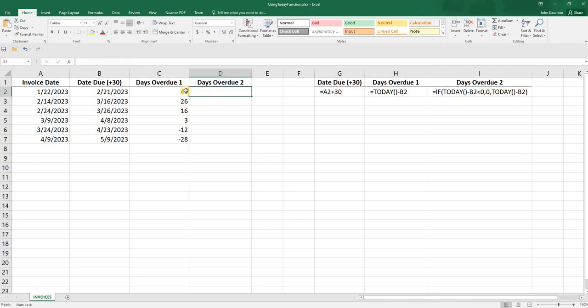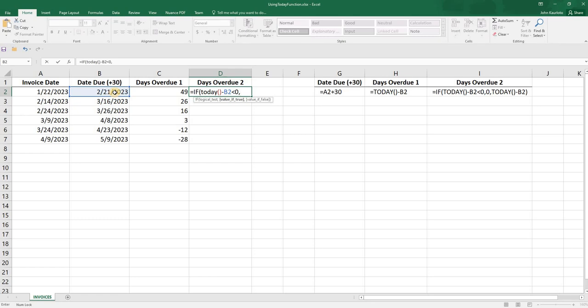So, to elaborate on this, we would simply do equal if, and then parenthesis, if today, and then paren, minus this value, B2, is less than 0, that's the condition,